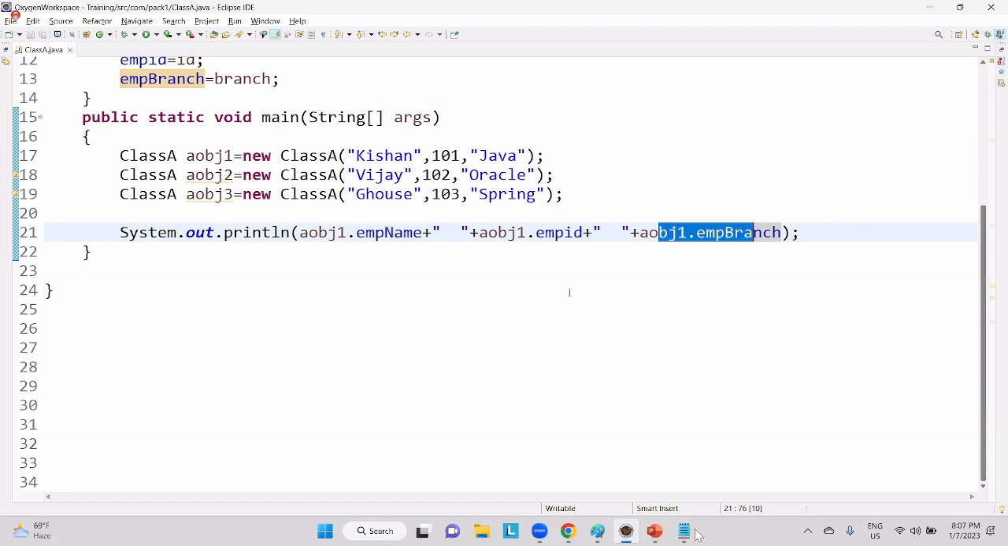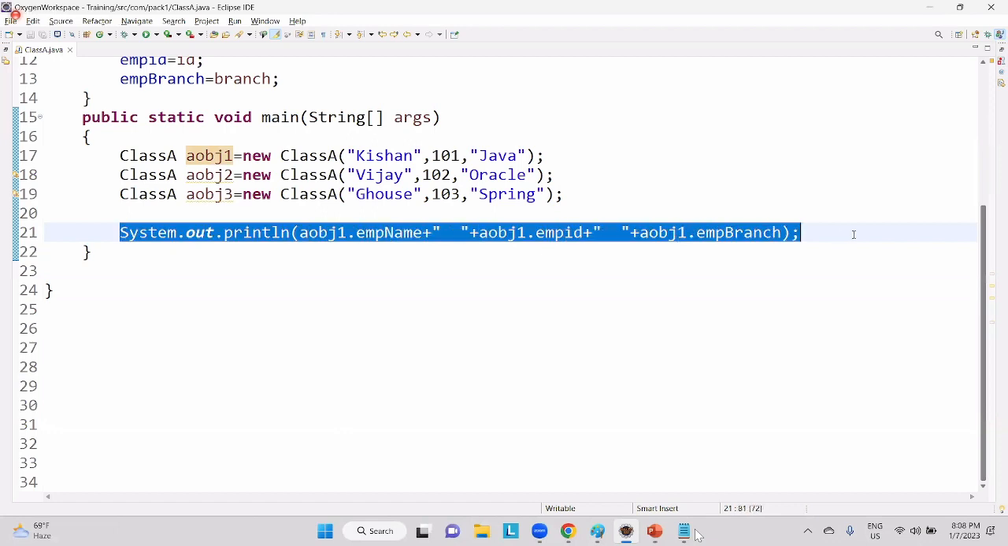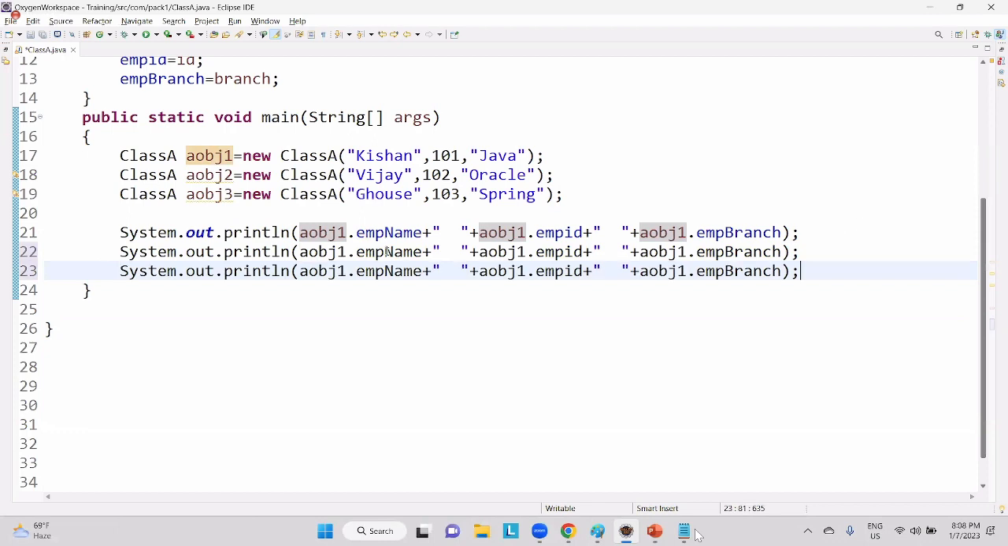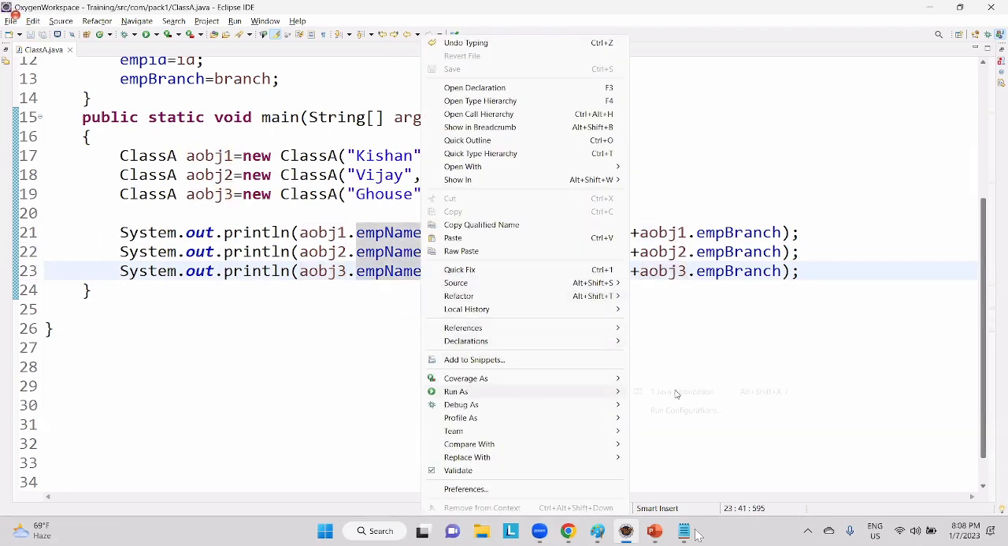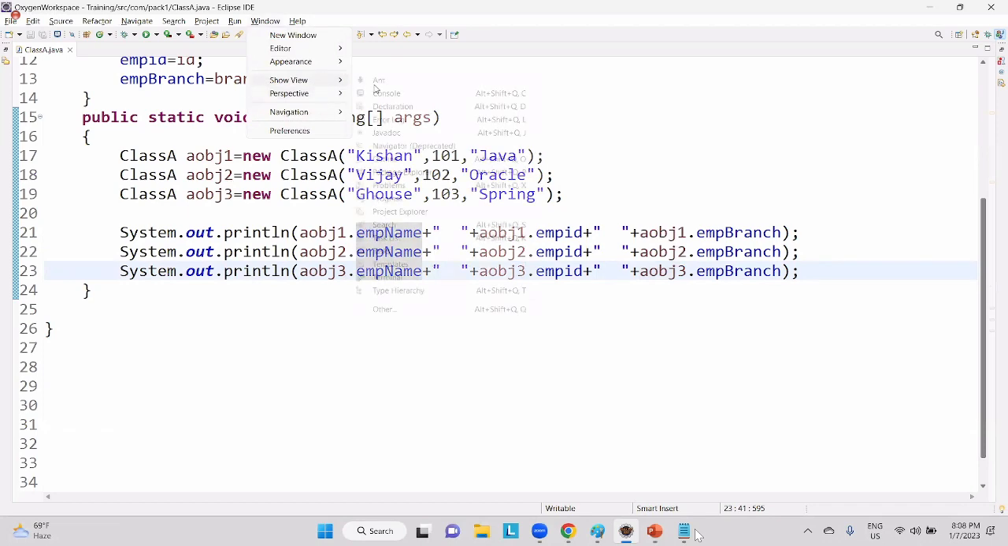Okay. So, yes, we know that we can access an instance variable in two ways, that is by using identifier name and class object. Right now, I'm trying to access my instance variable with the help of a class object. Okay, let me just try AOBJ2 and AOBJ3. Here also AOBJ2, AOBJ3. Now, my output will be,